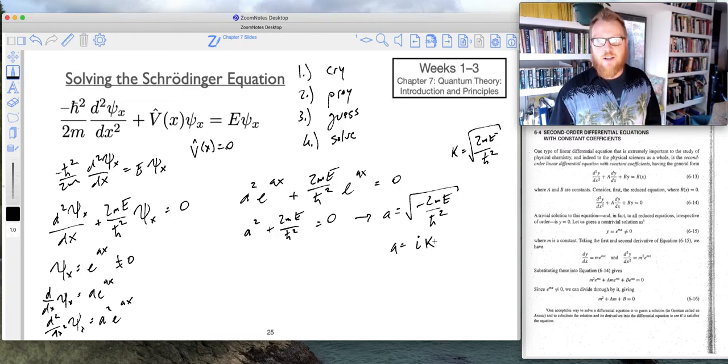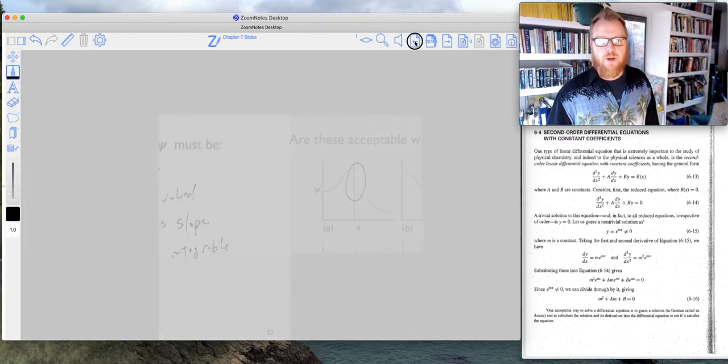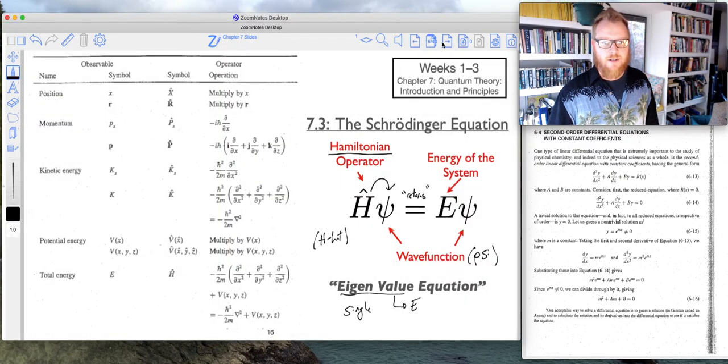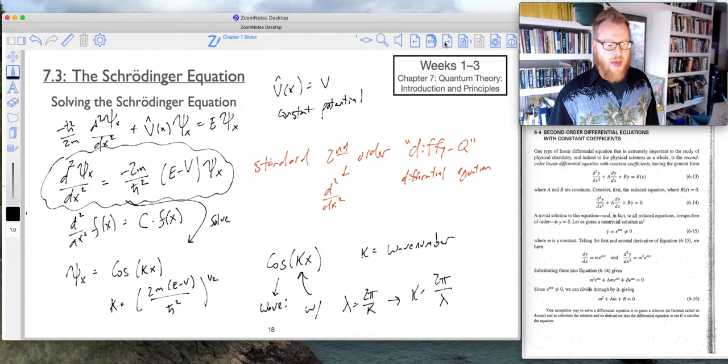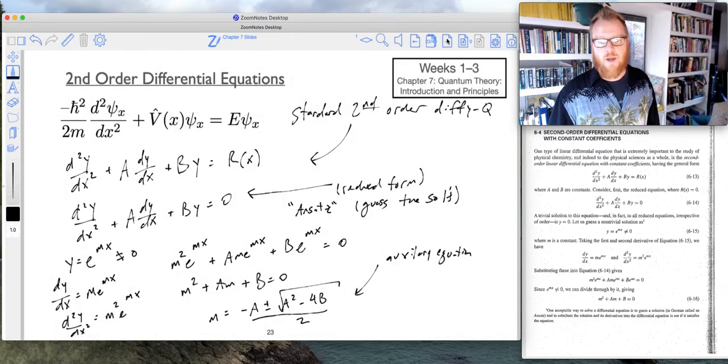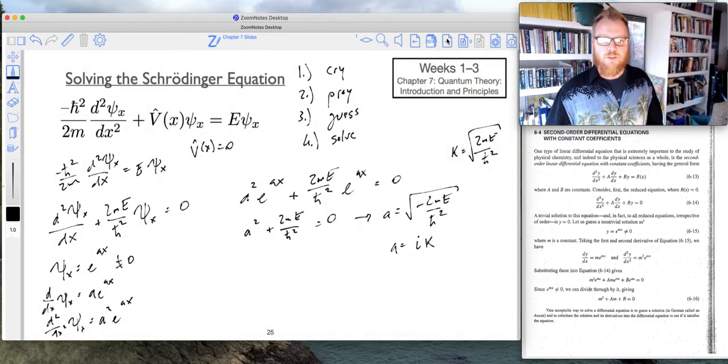Okay, and you might notice, just really briefly, if I go back for 1 second here, where did we come up with that? Let's see here. Yes, look at that. k equals the square root of 2mE divided by h bar squared. That's where that came from. Okay? So now, because a equals ik,